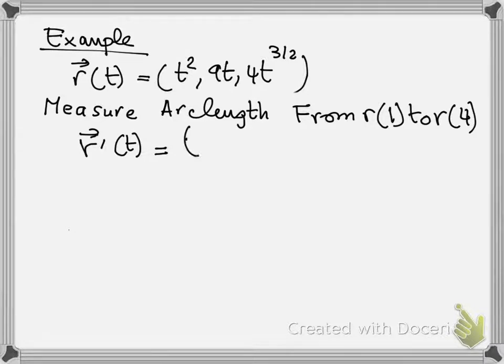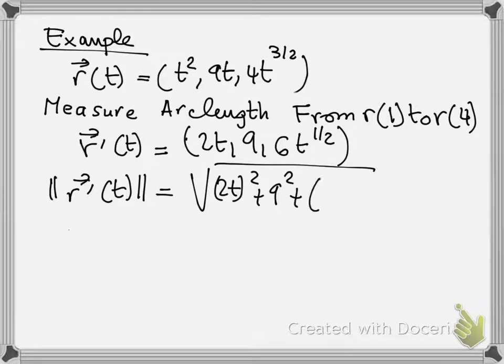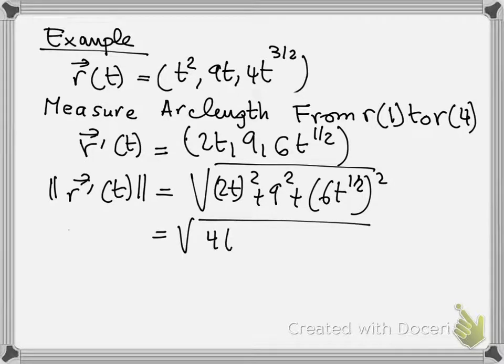r prime of t would be, of course, 2t, then 9, and then 4 times 3 halves, so that would be 6t to the power half, right? Now I need the length of r prime of t, so it's just the length of a vector: the square root of 2t squared plus 9 squared plus 6t to the half squared. So that would be equal to the square root of 4t squared plus 81